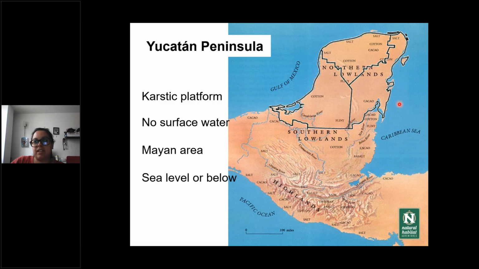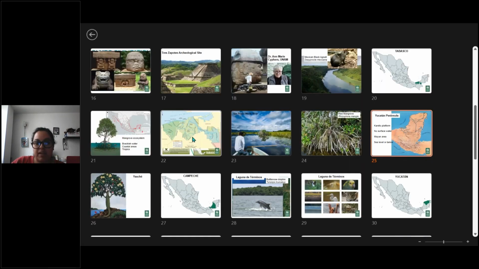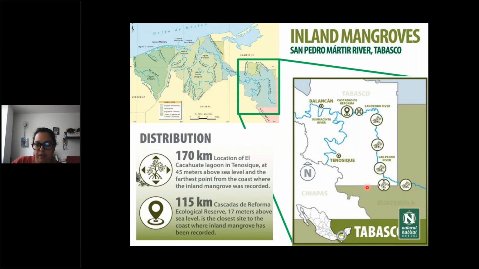Actually, what I've seen is that a lot of people, for example, let's talk specifically about this region of the inland mangroves. Supposedly, the train is going to pass by or nearby Tenosique in Tabasco, somewhere like here, and then Chiapas, and then coming back north, something like that. So the people in this area, the researchers that are working on the inland mangrove,